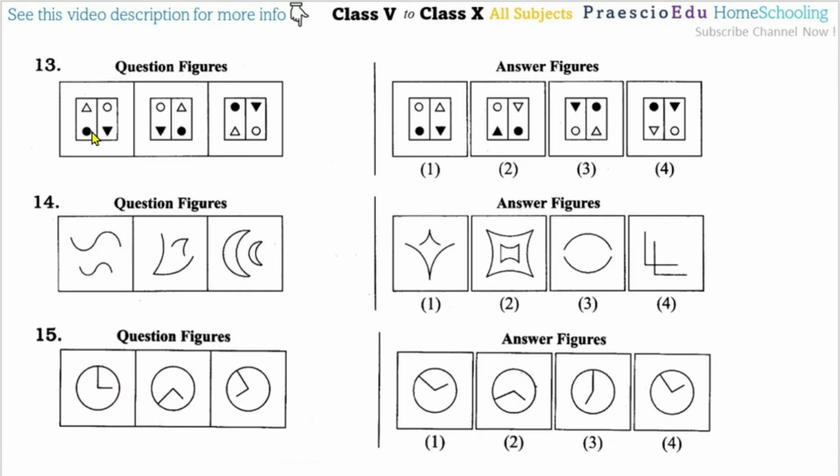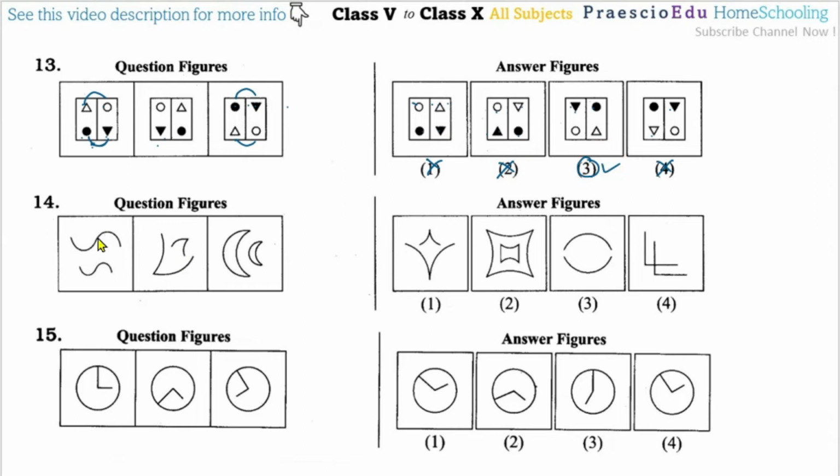Now question number 13. If you observe the first two figures, they are only interchanging at the bottom and at the top. Means these two are interchanging and these two symbols are interchanging. Continuing, only these two symbols and these two symbols will be interchanged, and then the fourth figure will come. For this one, option number 3 perfectly matches the interchanging of these two symbols. But here this is the same as this one, and the triangle has a different position, so that is different. And here all are hollow on top and solid on the bottom side, so these are totally different, so option number 3 is the correct one.